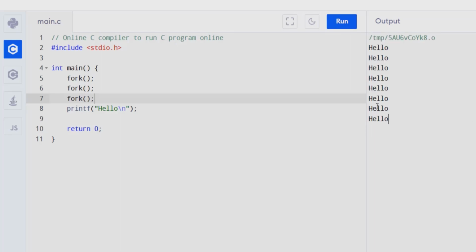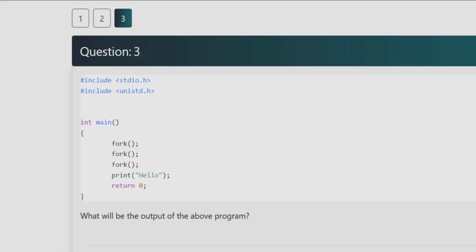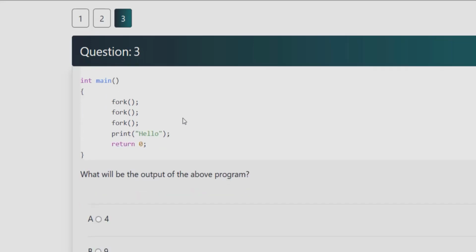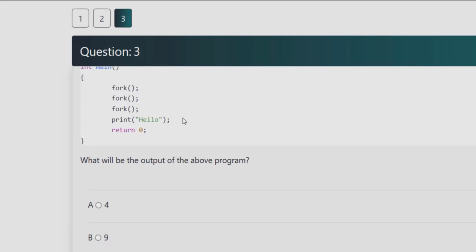Yeah, this time it has printed 8 hello worlds. That means that it could follow the pattern 2 to the power n, and indeed it follows the pattern 2^n. Since there are 3 fork statements, it will print hello 8 times and the answer would be 8.